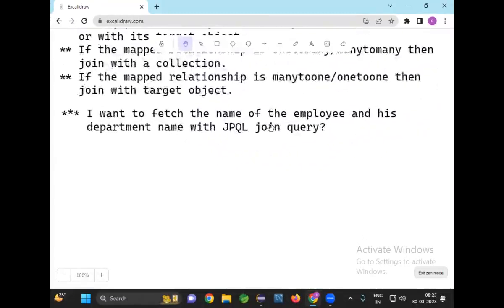What I want to fetch, tell me. What I want to fetch here? I want to fetch the name of the employee and his department name with the JPQL join query. Let me give you. Look at the query. Select e.empName, d.deptName, from,